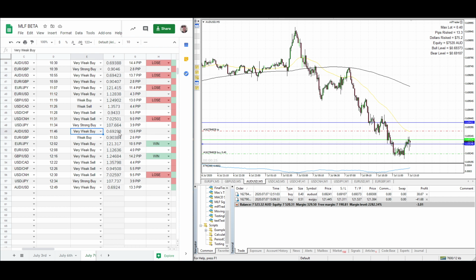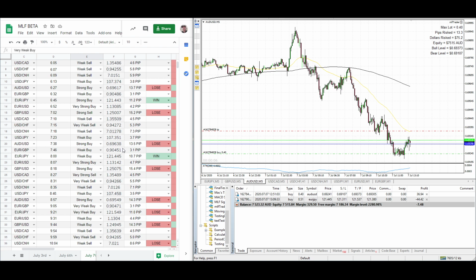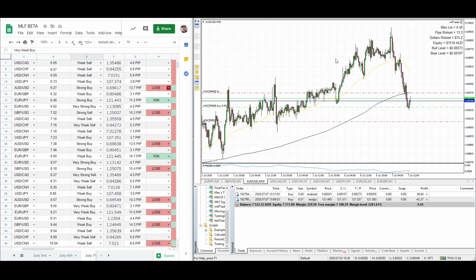So we're still on this one. That's that line there. And we're still in the other trade, which is the one we've actually taken. So definitely some work to be done, because it seems that it's lagging behind the trend a little bit, because we've seen a change of trend sort of here,